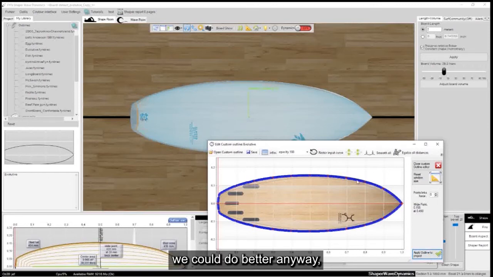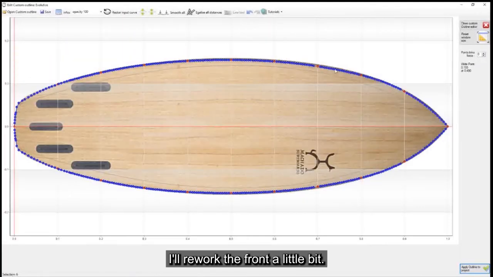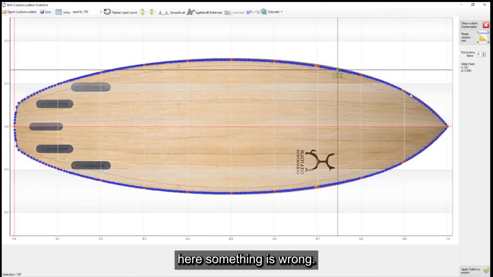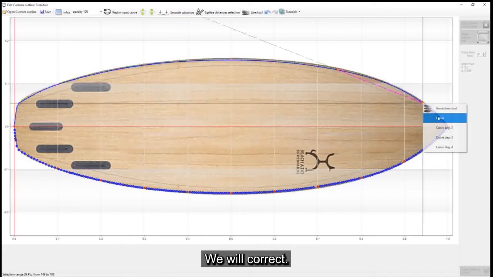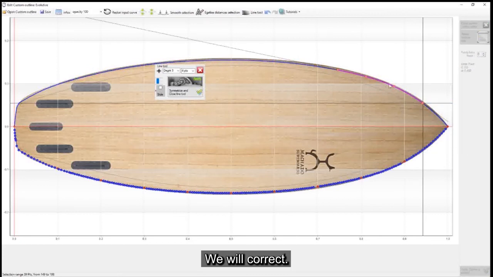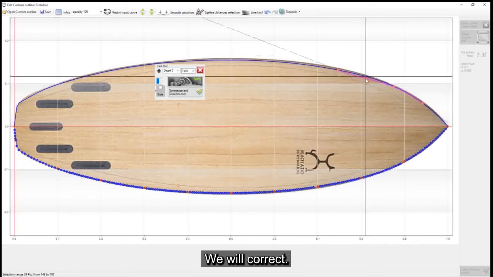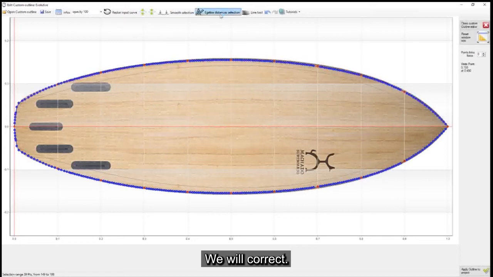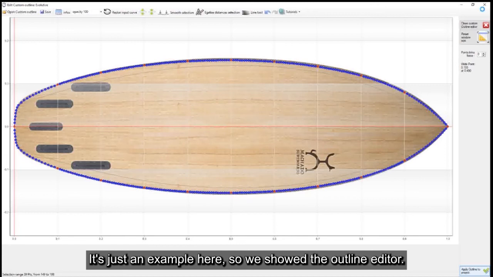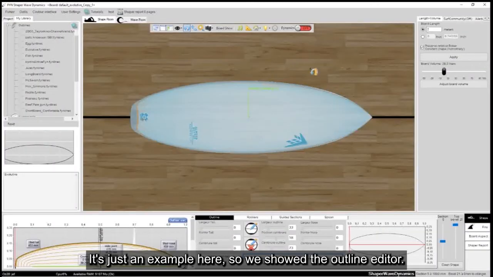We could do better anyway. I'll rework the front a little bit. Here something is wrong. We will correct. It's just an example here, so we showed the outline editor.